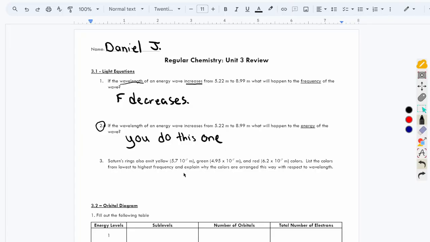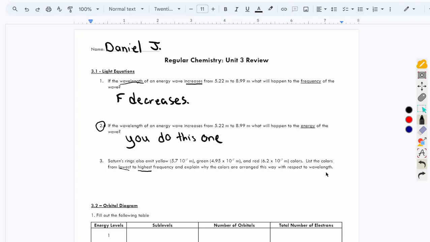All right, here, I'm not going to do the whole thing for you, but I am going to tell you how to figure it out. So it says Saturn's rings emit yellow, green, and red colors. Remember that colors are part of the light spectrum and they can be measured in wavelength and frequency. It says list the colors from lowest frequency to highest frequency and explain why the colors are arranged this way